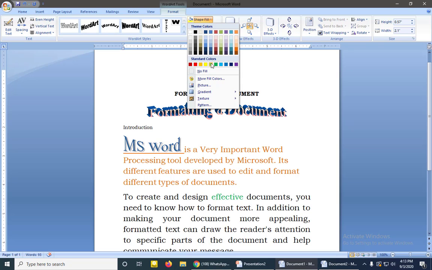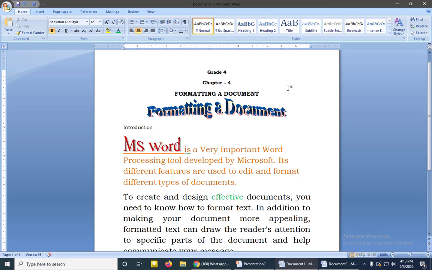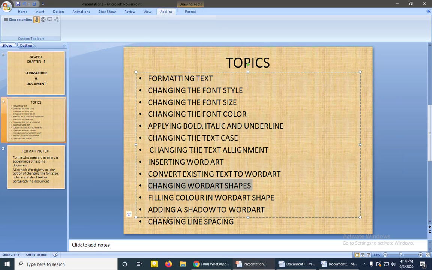So I'll change it to yellow color or red, brown, whichever color you want, you can select the color of the word art.